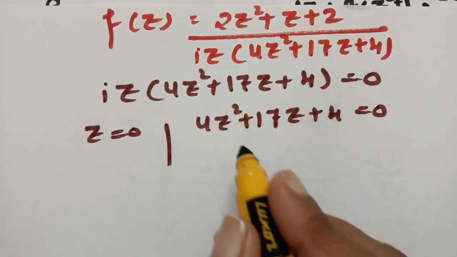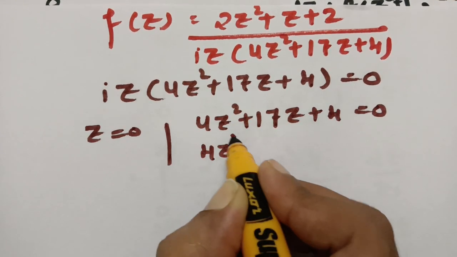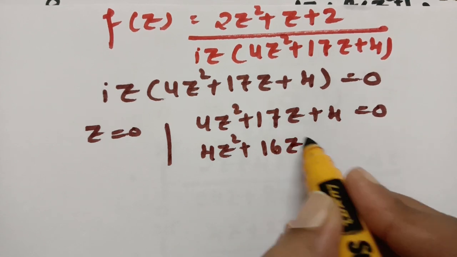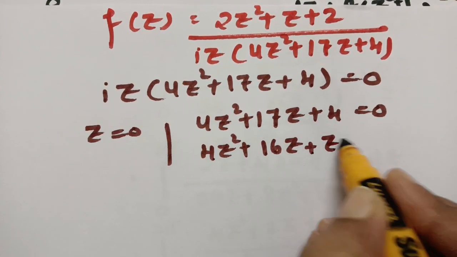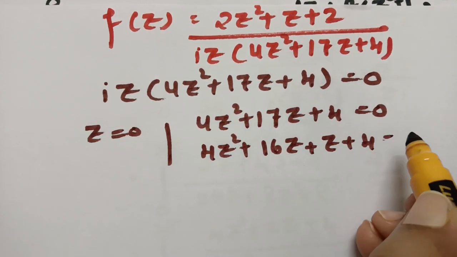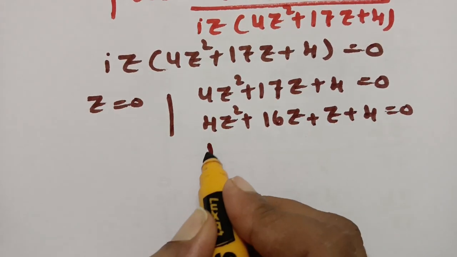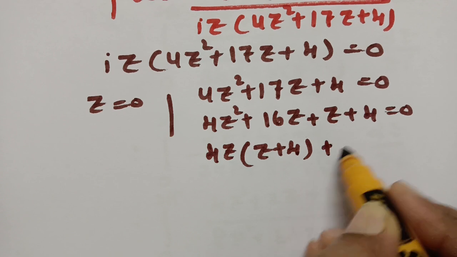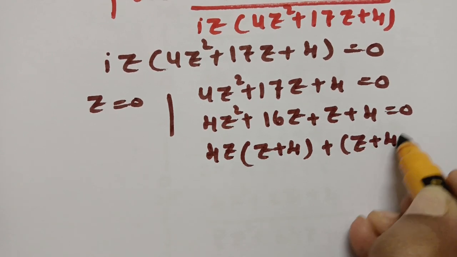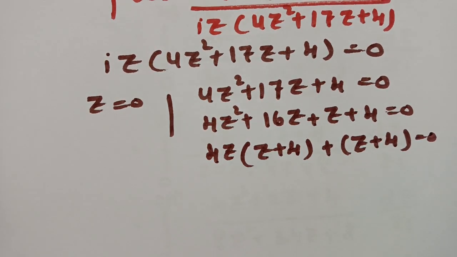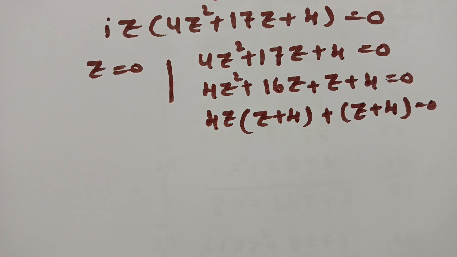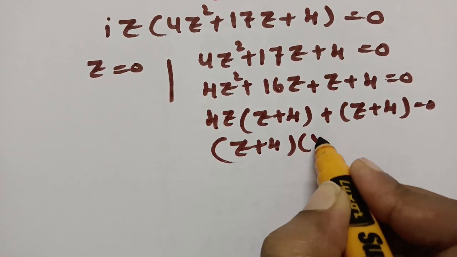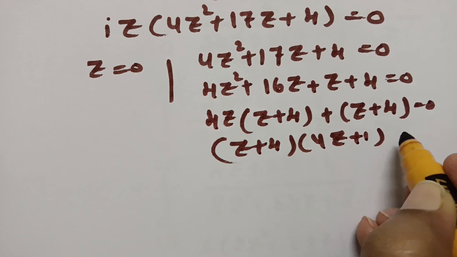See here, 4 fours are 16. So this can be written as 4z², 16 ones are 16, and 16 plus 1 is 17. So 17 can be written as 16 plus 1, plus 4 is equal to 0. If I take 4z common, this will be z plus 4, and if I take 1 common, this will be z plus 4 again. Clear? If I take z plus 4 common, this will be 4z plus 1 is equal to